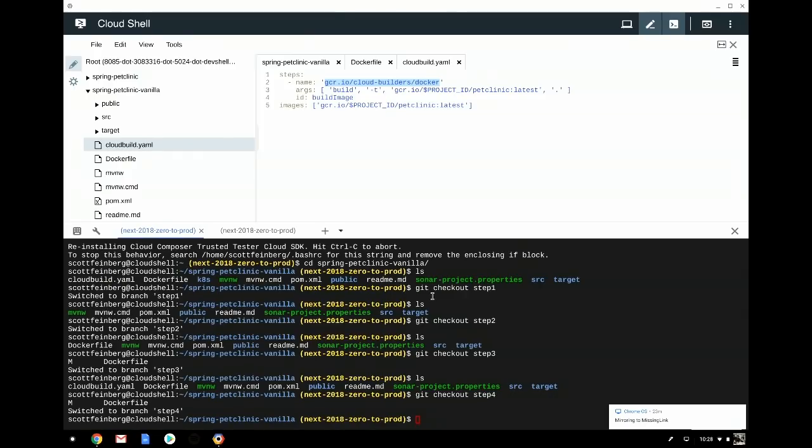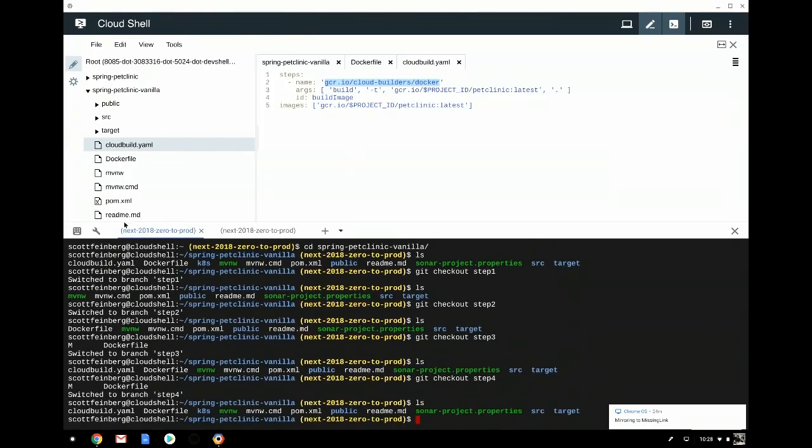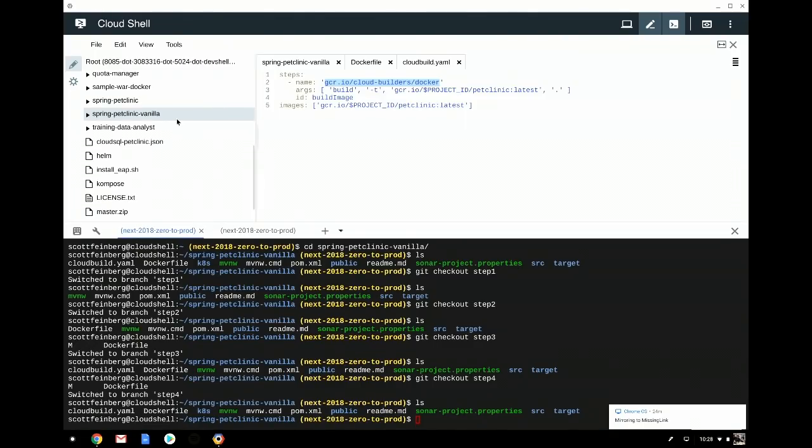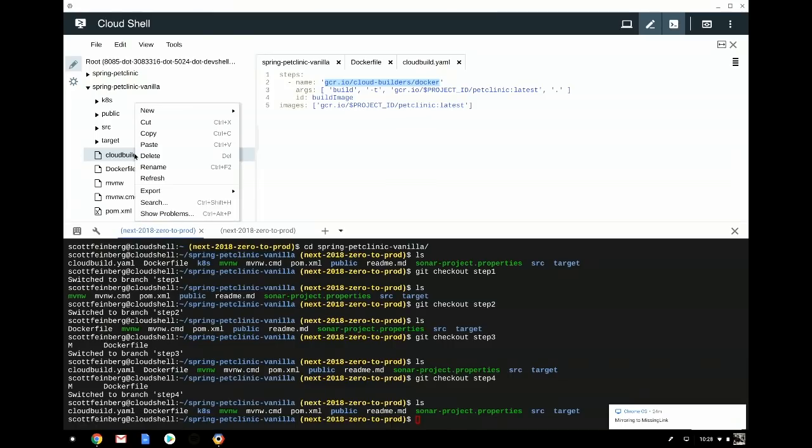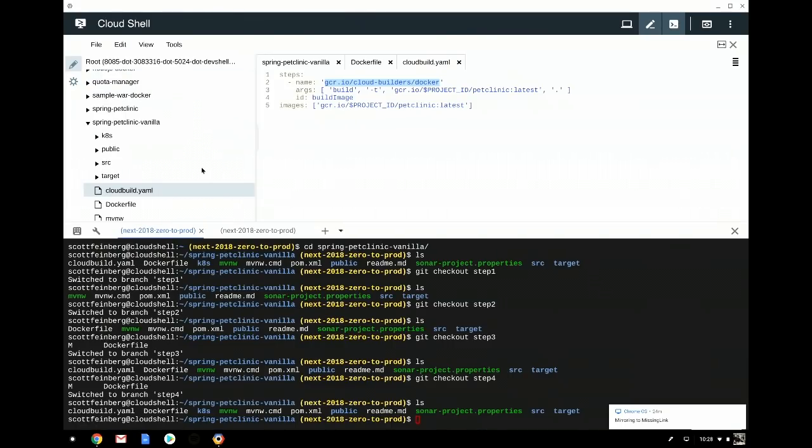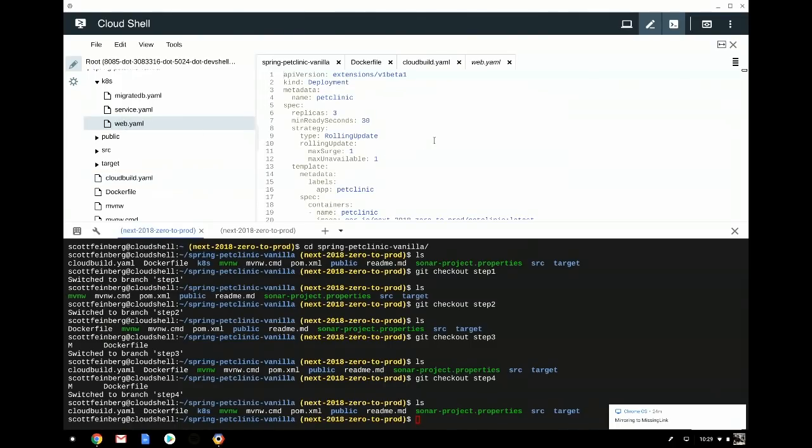Okay. So our next step here is to actually add the Kubernetes that will actually get built. So this has already been deployed to the GKE cluster. In this example, we will just go ahead and just refresh it. And so we have a web.yaml that actually is going to use that